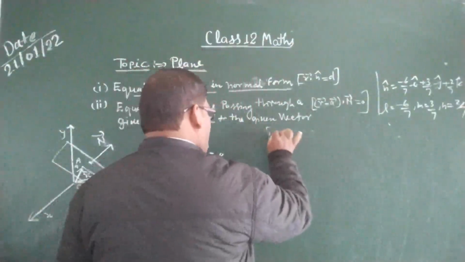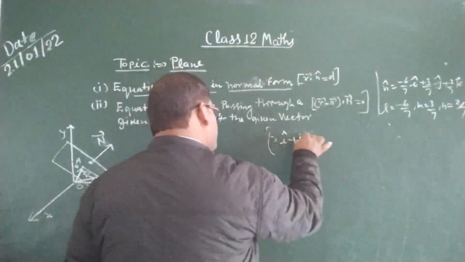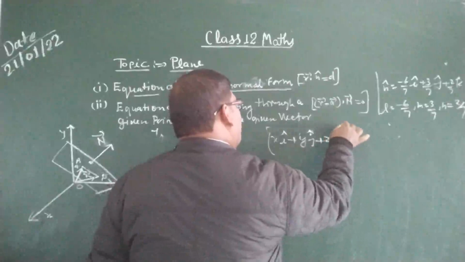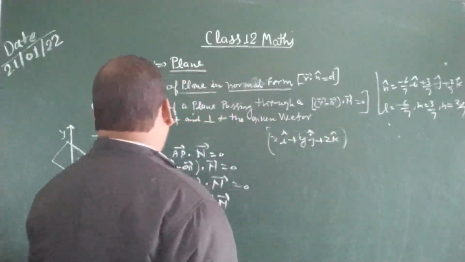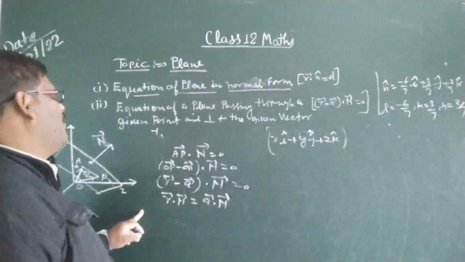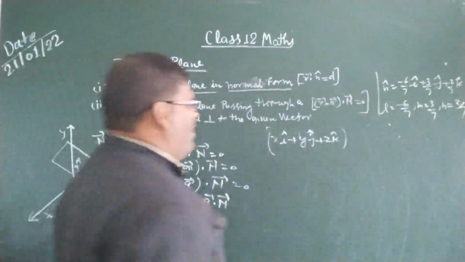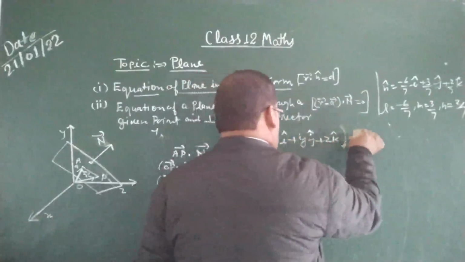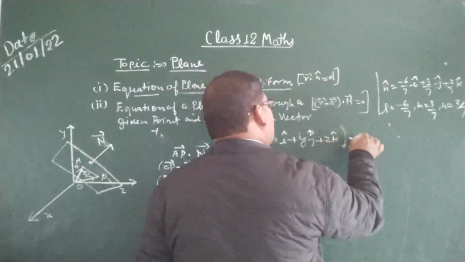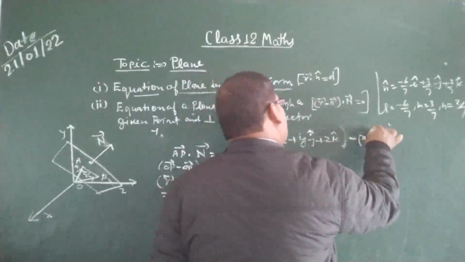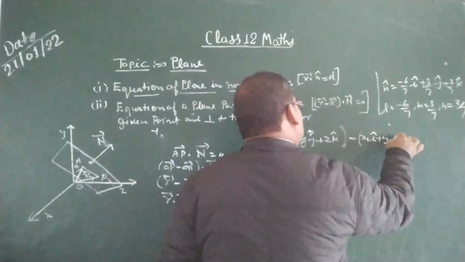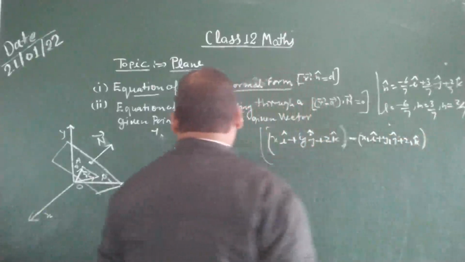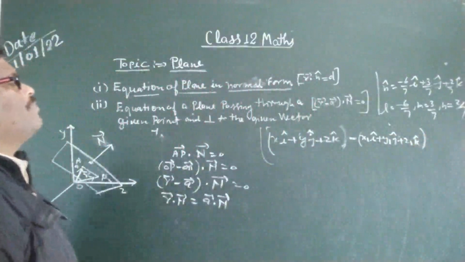That will be x i cap plus y j cap plus z k cap, minus the position vector of the point A, that is x1 i cap plus y1 j cap plus z1 k cap,